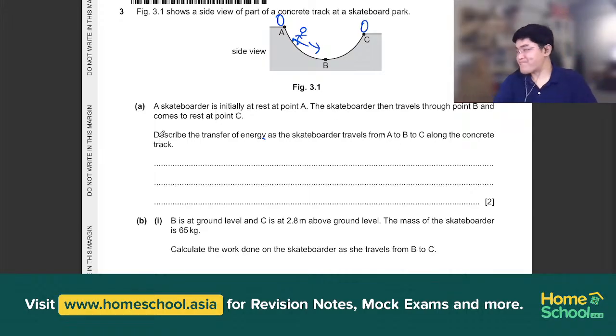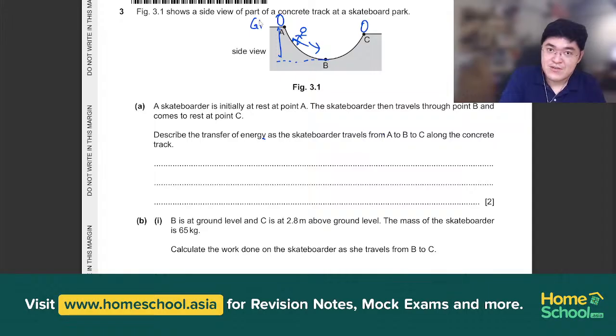So first thing first, as you can see, A is taller than B. So A has a height difference over here, and thus when the skateboarder is at point A, she should have gravitational potential energy. And when the skater starts off at A and then rolls to B, the gravitational potential energy is converted into kinetic energy. And from B to C,